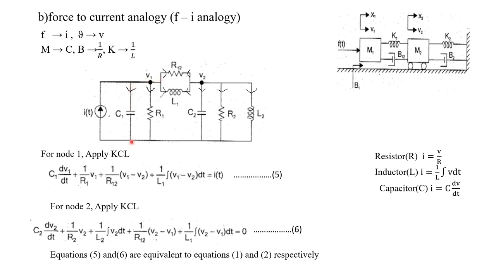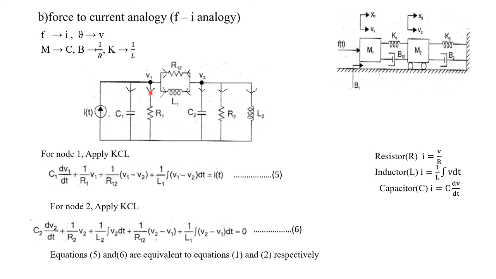At this point, the voltage is 0 because this is a ground line. So the voltage difference is V1 minus 0, because the current is flowing from the higher potential to lower potential. So the voltage difference will be V1 minus 0, which we can simply write as V1. Understood? Now, the next